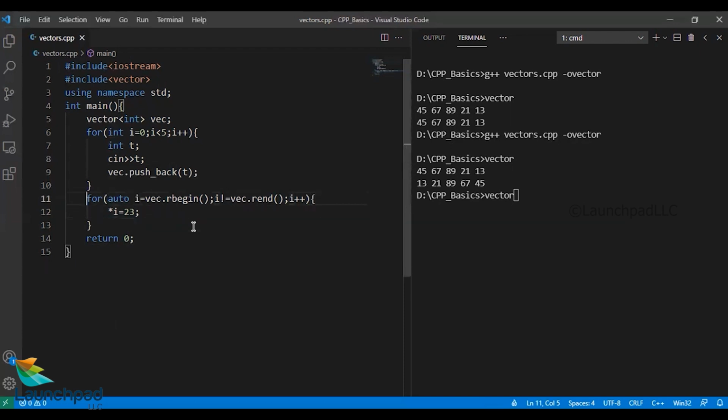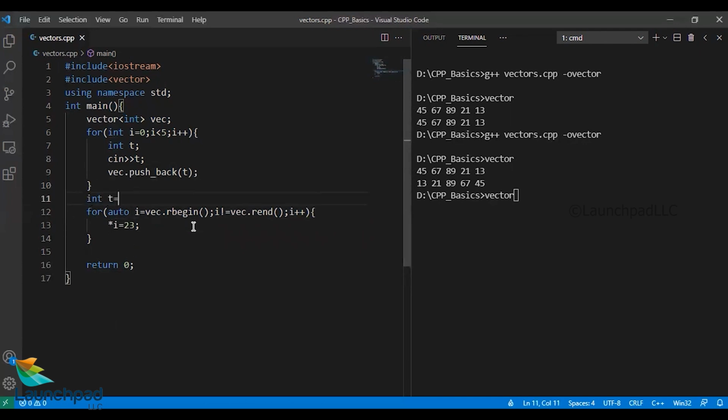I'll run the same loop once again. Or else I'll change it as 23 itself, or I'll take a common incrementing variable int t is equal to 0. I'll store t plus plus in it.